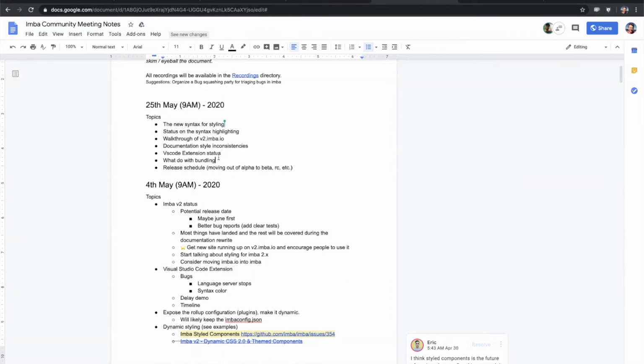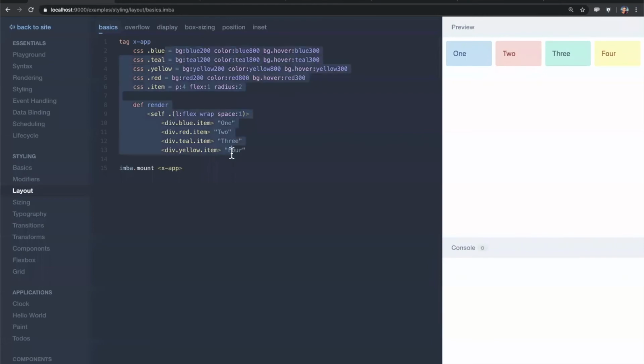Bundling, we're still using Webpack for the Imba V2 website. The default is using Rollup. I haven't had the time to look really into it yet, but I really do like the idea of Snowpack. Like the concept, it fits Imba really nicely. And actually for this playground now, even if most things aren't working here, it's actually using